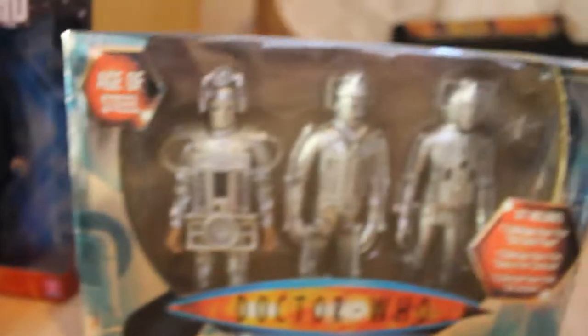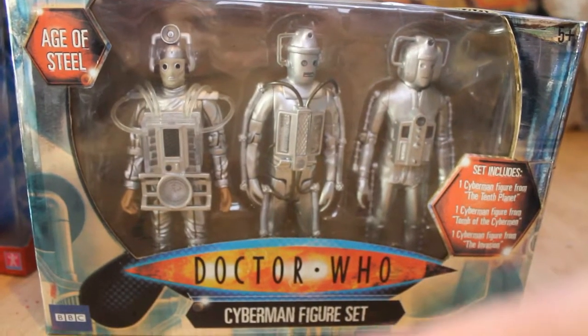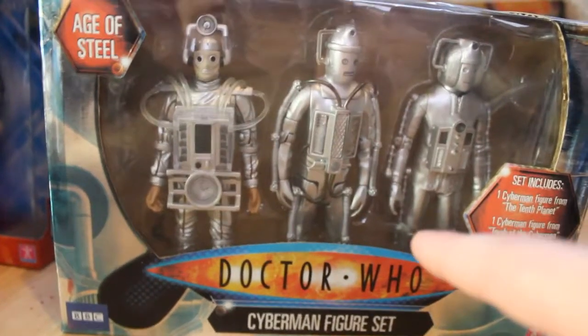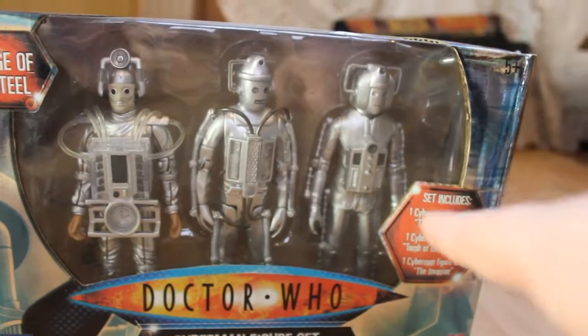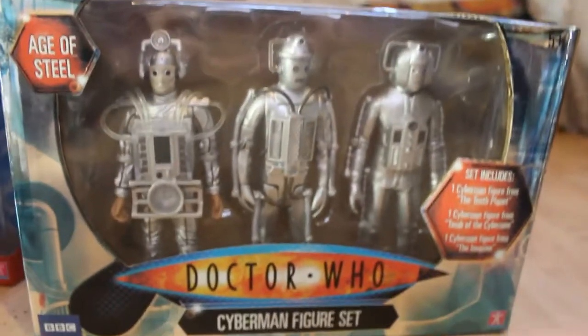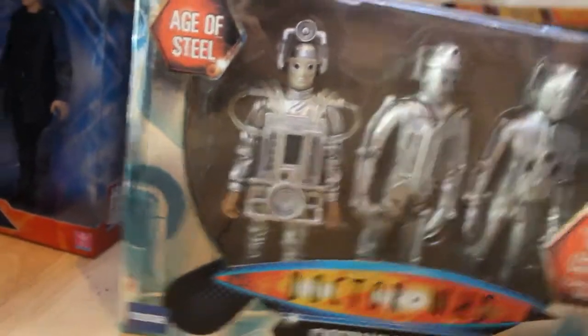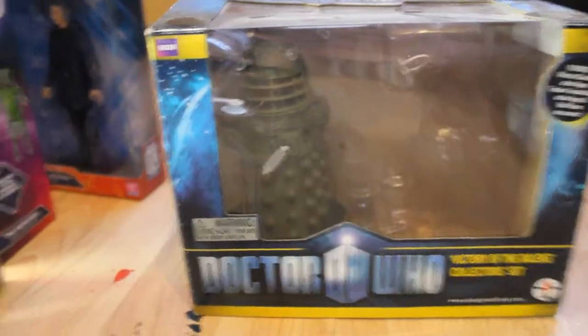And then behind them two, we have the Cyberman figure set. We have the 10th Planet Cyberman, the Tomb of the Cybermen, and then the Invasion Cyberman. You may have seen them before in a Doctor Who Figure Adventures, I'm not sure. Okay, then behind that, you can see that Winston Churchill's not in there, but the